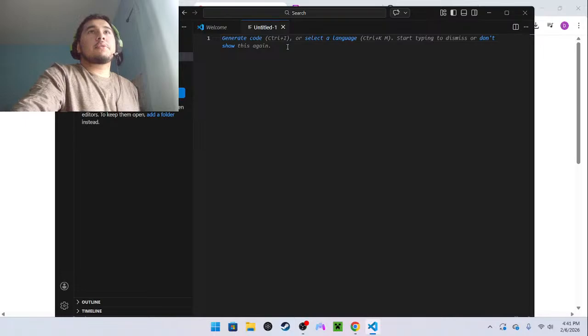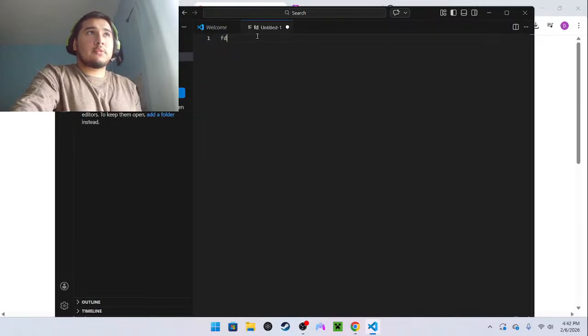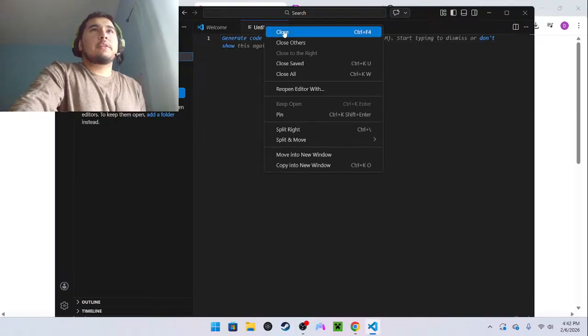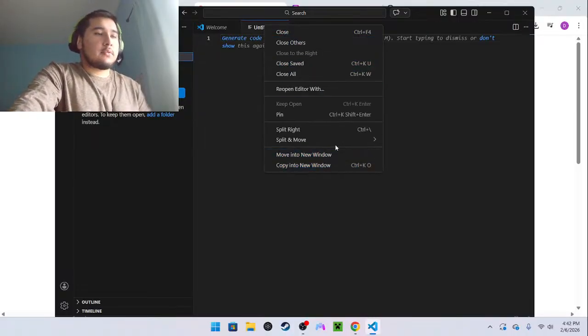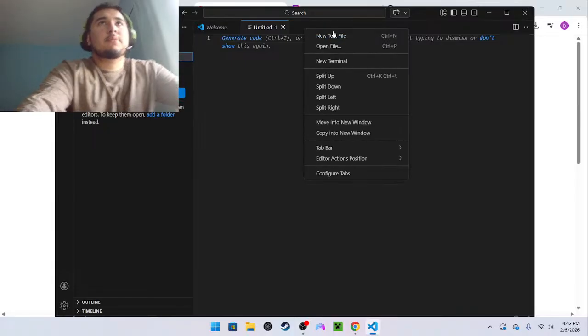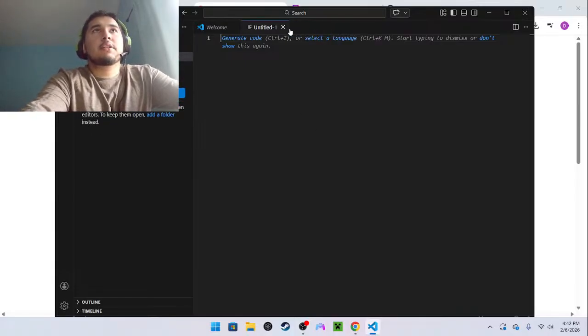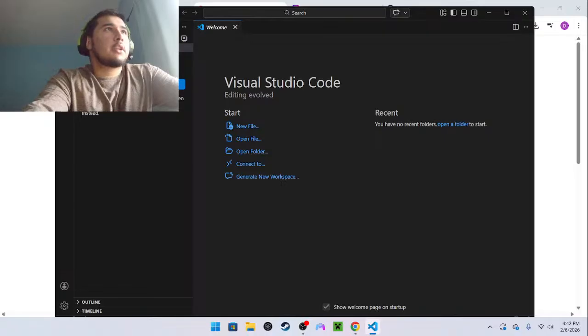I don't want to generate code. So what can I even do with this? What language is this in? I think this is just a text file. Yeah, it's just text. It's not an actual code file.